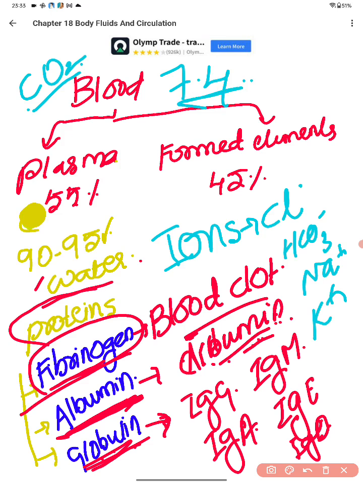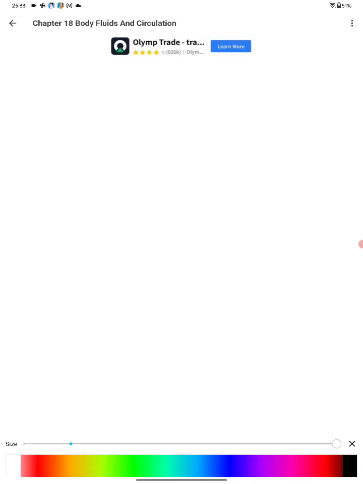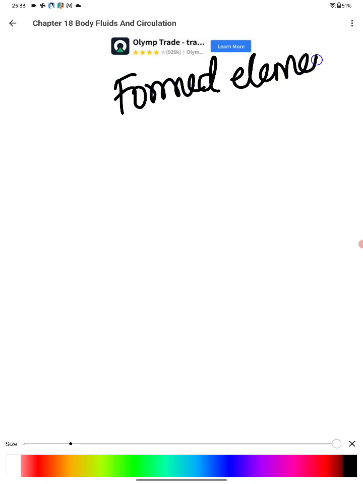So in this slide we have discussed plasma and blood pH. Okay, all the practical points I'll tell you later. Now talking about the formed elements, let's take some black color. Formed elements are nothing but your blood cells. So you have three types: